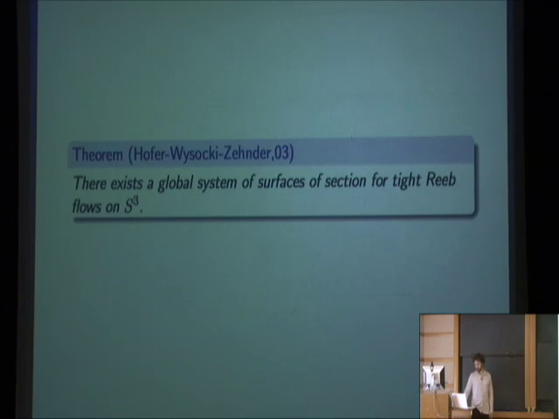So where did this notion of global system of surfaces and sections come from? This is all work throughout the 90s by Helmut Hofer, Chris Zosky, and Eduard Zehnder. They built up a whole theory for examining so-called Reeb flows on three manifolds. And a Reeb flow is a special kind of Hamiltonian flow. And one thing they did that was